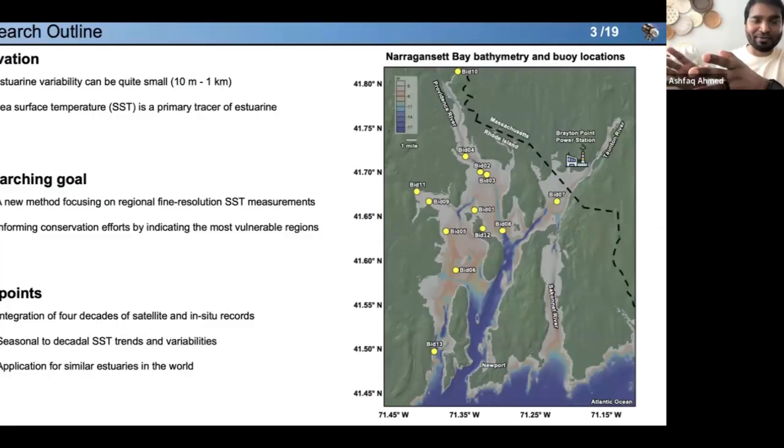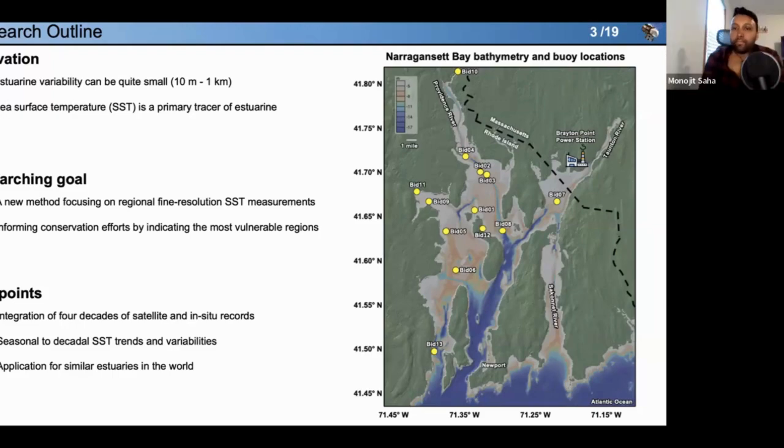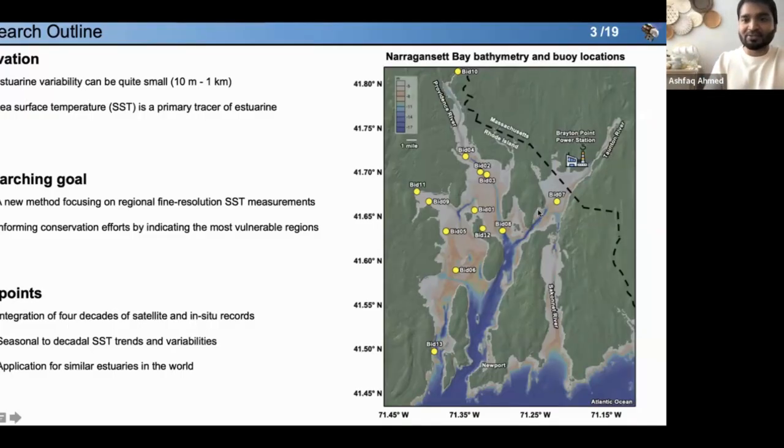For those who don't know where Rhode Island is, many people don't, Rhode Island is very close to New York and Massachusetts. It's a state, one of the smallest states in the US. But thankfully, Rhode Island has the largest estuary system in New England on the East Coast. So this is very important, not just for Rhode Island, but for New York, Massachusetts, Connecticut, for all states. This is why there is a lot of research and a lot of funding in studying Narragansett Bay.